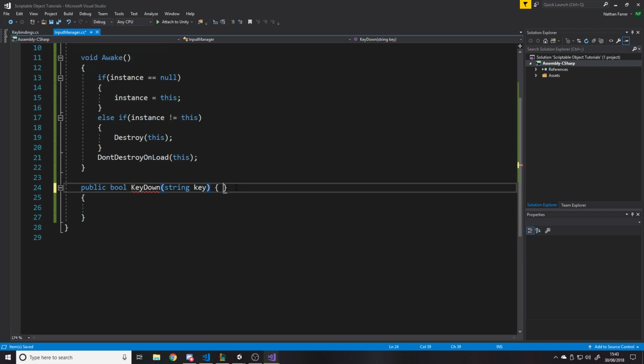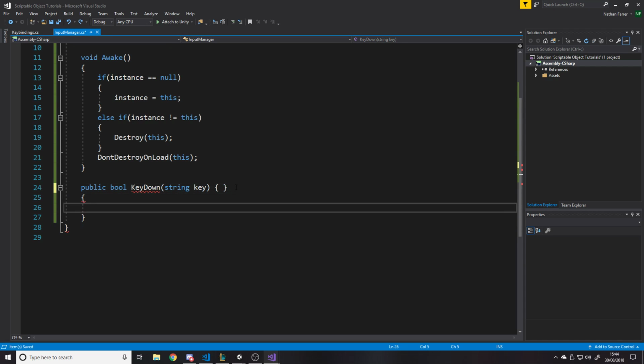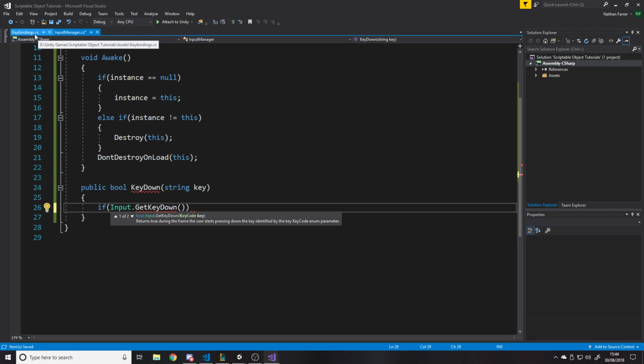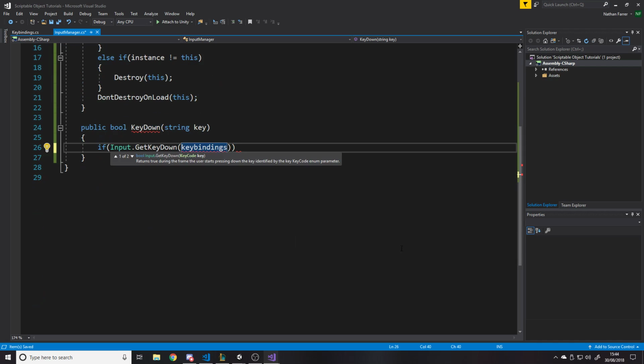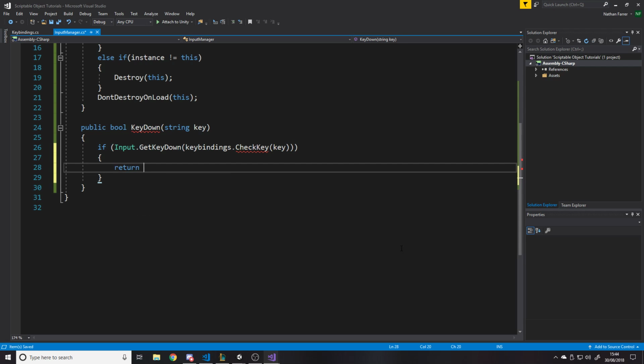So let's actually write the code here. Oops, sorry, we already did the brackets. So inside here, this is where we would do a normal input. So normally you do if input.getKeyDown. But this time, the key that we're getting down is not just the key they pressed. It's going to grab it from the key bindings. So we're going to say key bindings, which we've got a reference to up here, dot check key, which I haven't yet written. So check key, and we're going to pass in key. And then we're just going to say return true,